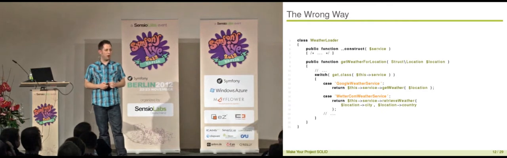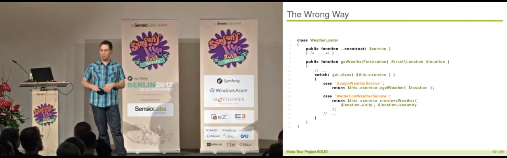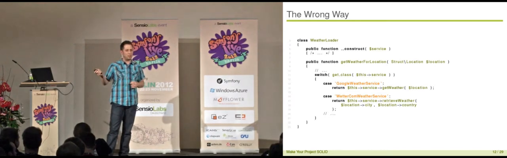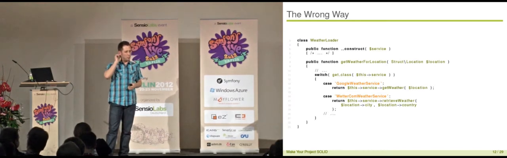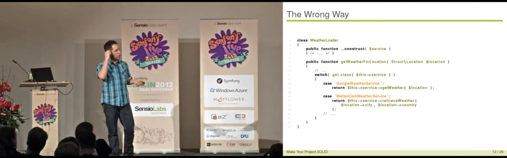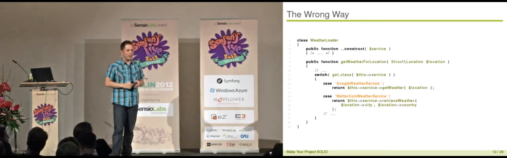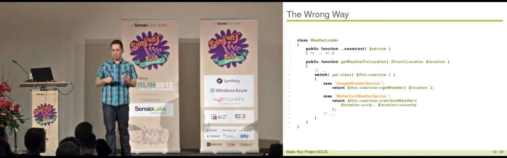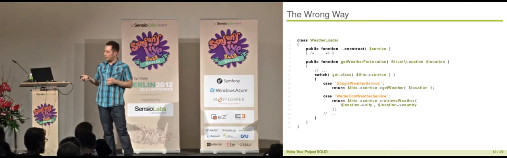There's a big problem in that code, because everybody looking at that code and getting the task to extend it with a new weather service will instantly do what? Of course, append a new case below here, because you need a new case in order to provide it with a new API. But that can potentially instantly break your class. There's so many things that can go wrong in that situation. For example, he can forget to do return. He can forget to do a break. He can accidentally remove whatever, a semicolon somewhere. There's so many ways how somebody can destroy that class with appending code to it.